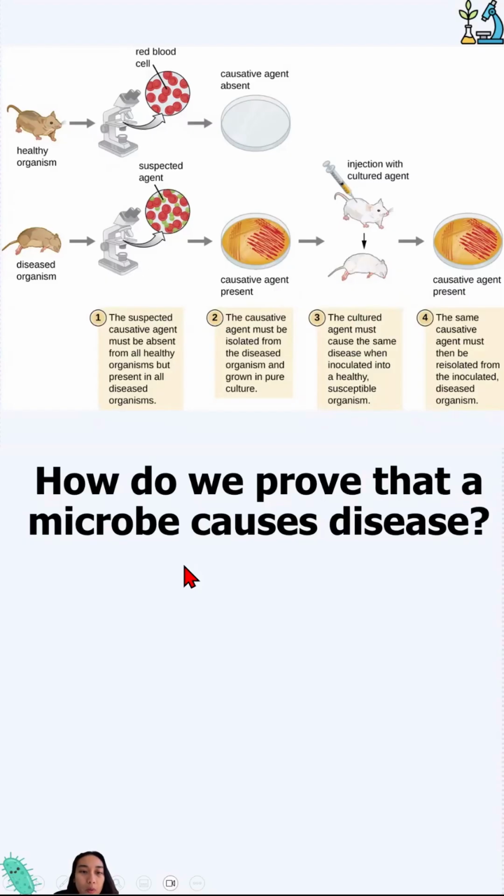So, first of all, how do we prove that a specific microbe causes a disease? I know it seems pretty intuitive nowadays, but back in the day, we didn't actually know microbes existed. So, when we first discovered microbes, we had to prove that this bacteria causes this disease, and that bacteria causes that disease. And there was a person named Koch who created these postulates that essentially prove whether or not a specific microbe